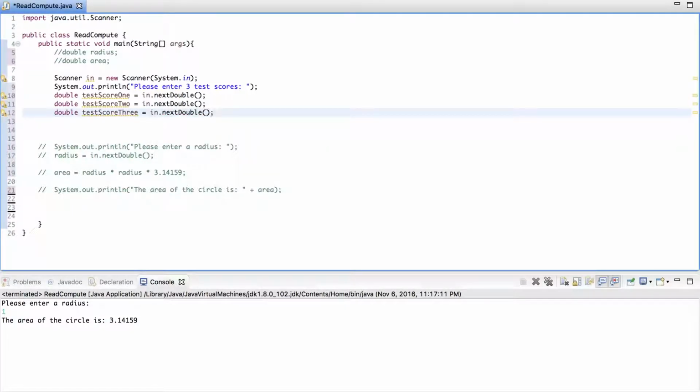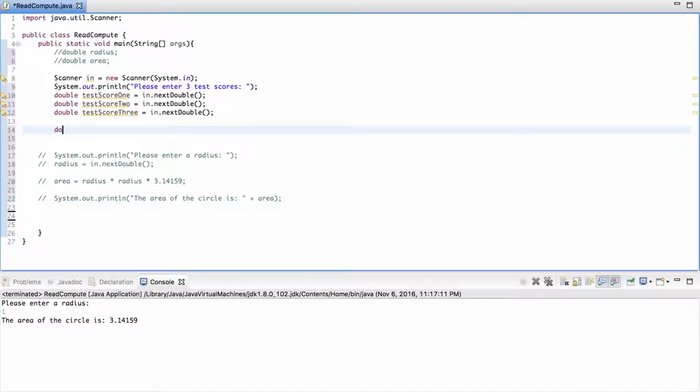Alright, pretty simple. Now we're going to calculate our average. In order to calculate our average, we add the 3 numbers and we divide by the number of numbers, which is 3. That sounds a little funny, but whatever. So double average equals, it's going to be